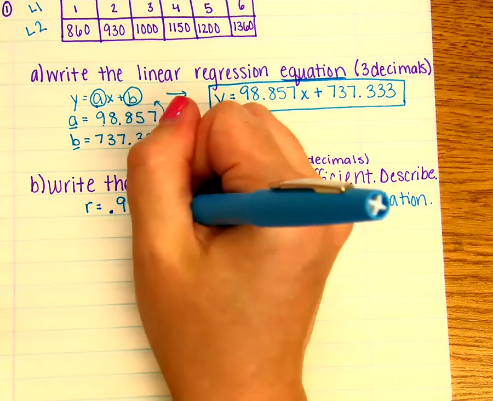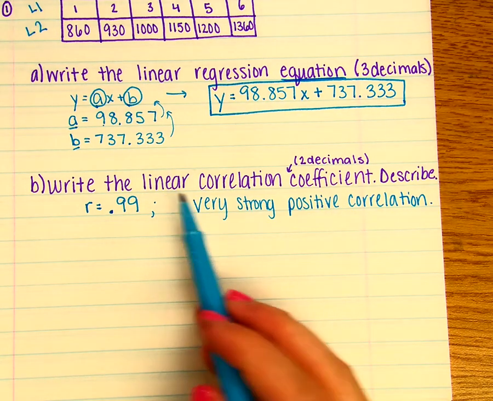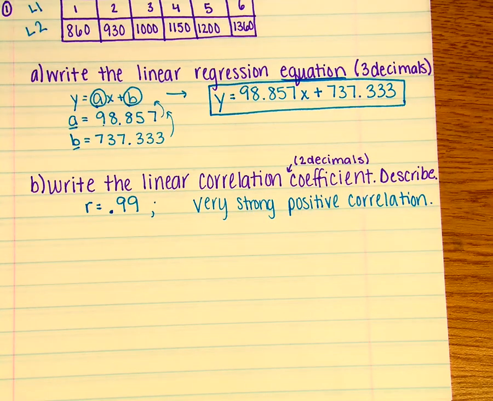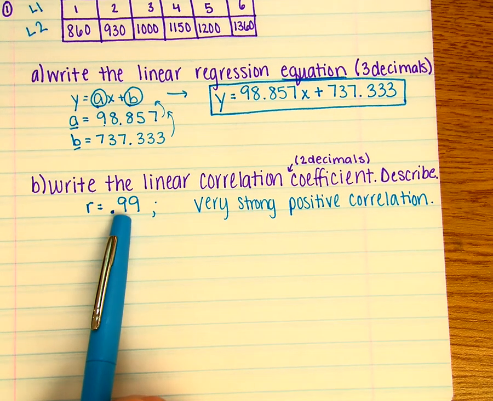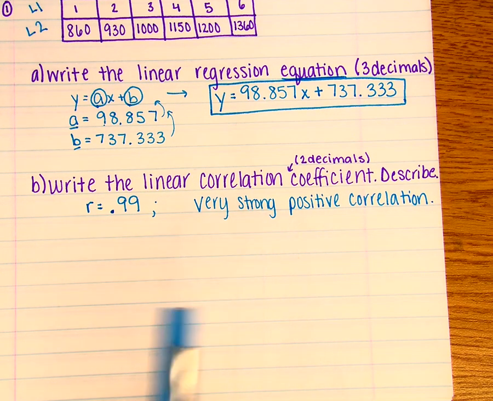You need to have both of those answers to get full credit for this type of question. If it's asking for the linear correlation coefficient and says describe, it wants what R is equal to and then what it is. Strong, weak,